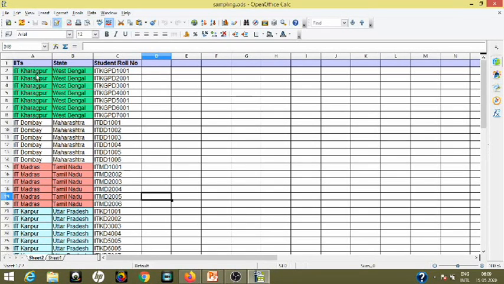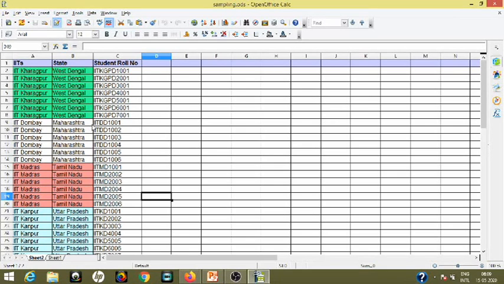Here I have mentioned IIT Kharagpur, the state name I have specified here, and the student roll number IIT KGP, department or discipline 1, and then the number. Similarly IIT KGP department 2, roll number, etc. This is the entire roll number of students.